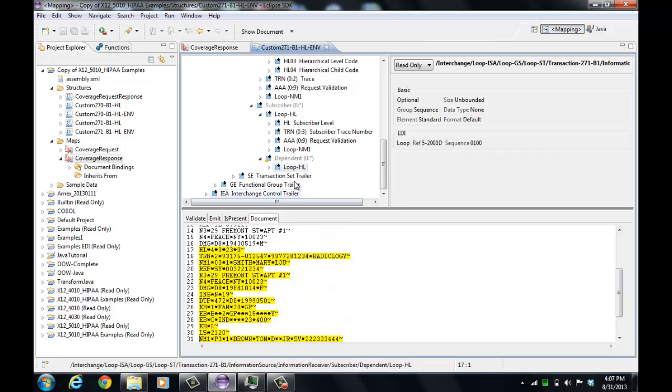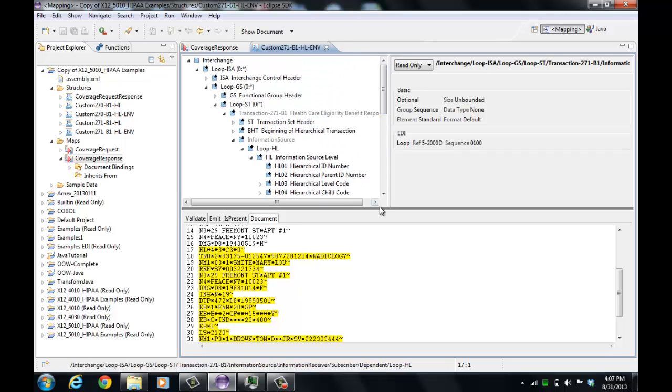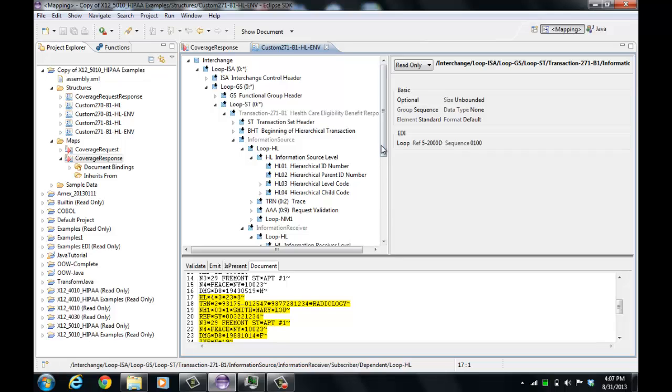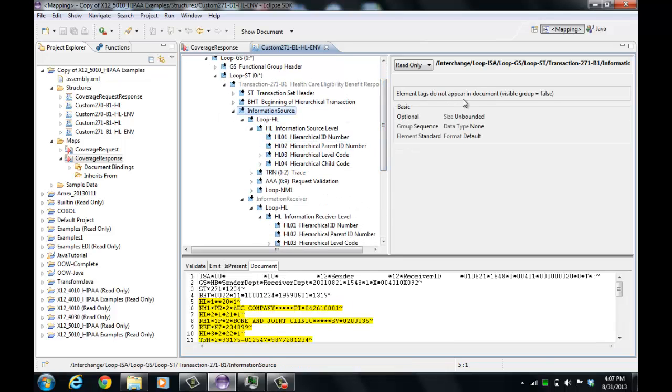Yeah, it looks like there's only one. And you'll notice with the definition of these HL segments, these non-visible element tags don't appear in the document. So TDM allows the specification of non-visible elements for grouping purposes. And what was done to create this structure is a template was applied which organized the HL